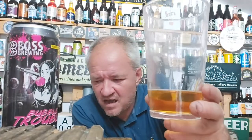So, before I encroach into anybody's beer review football time, Golden Pour, massive bubblegum on the nose. Strawberry, cherry, banana. Same on the taste. But there is a medicinal taste to this. It's very much...